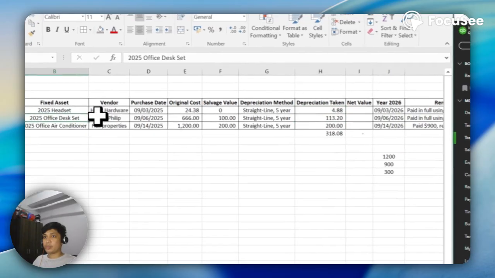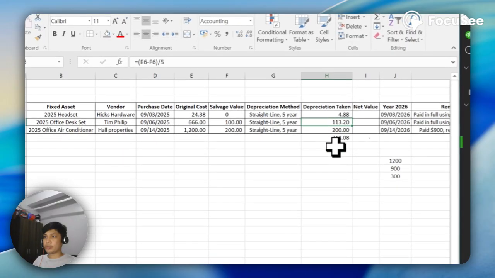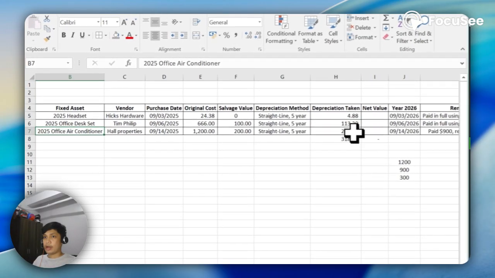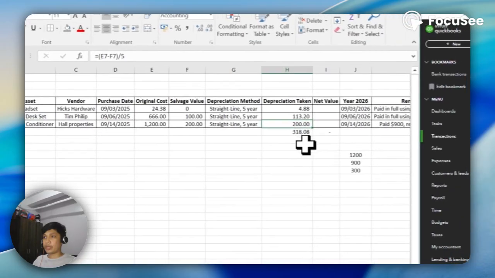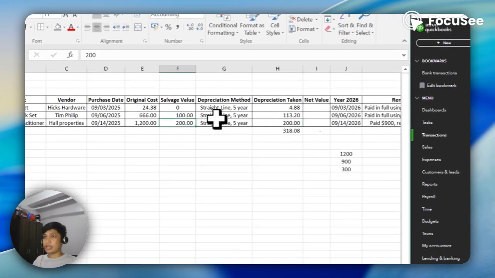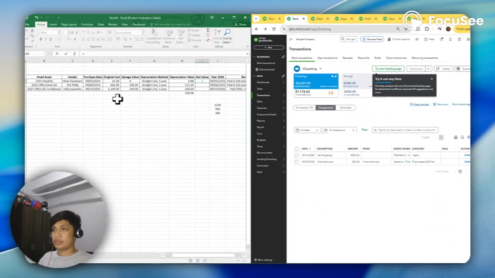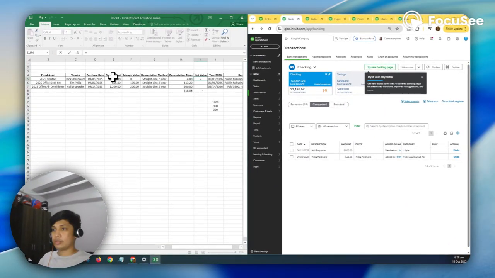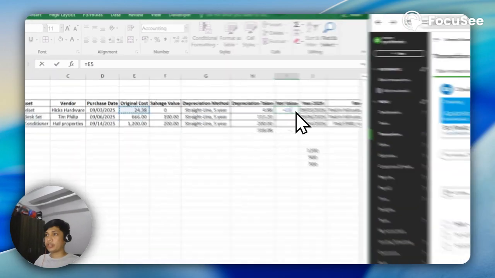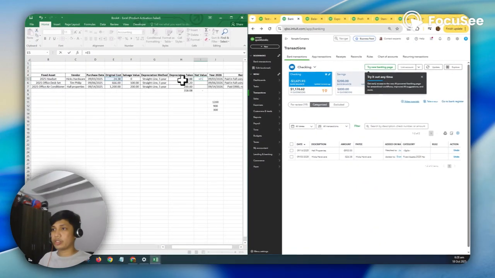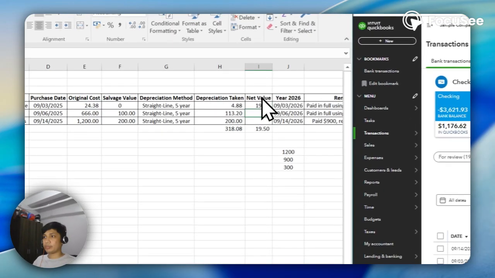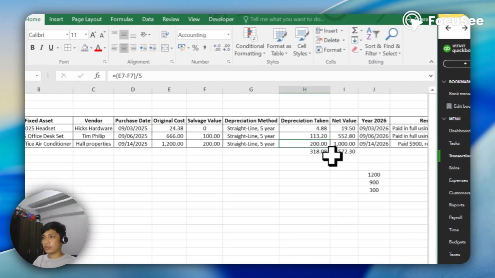For the office desk set it is 113.20, and for the office air conditioner it is 200. So after 5 years, the net value for year 2026, because each year minus 4.88, is 19.5.